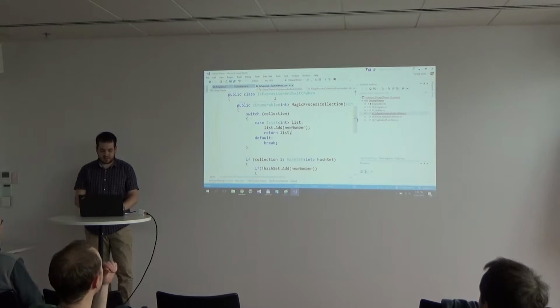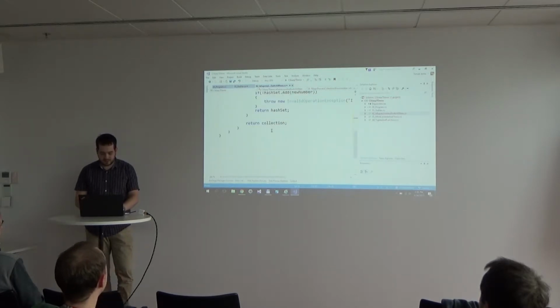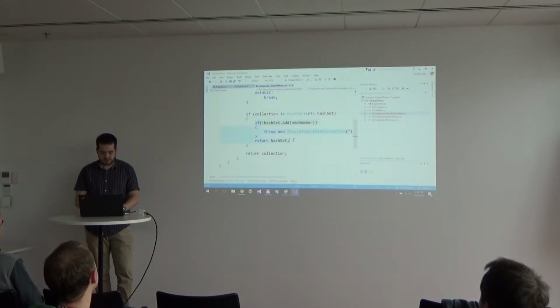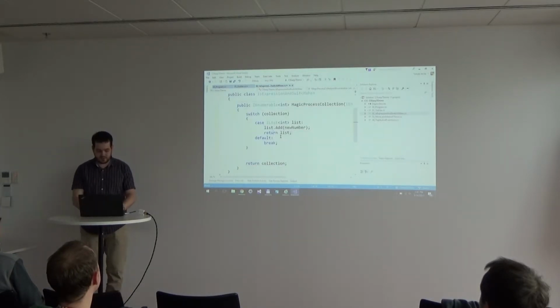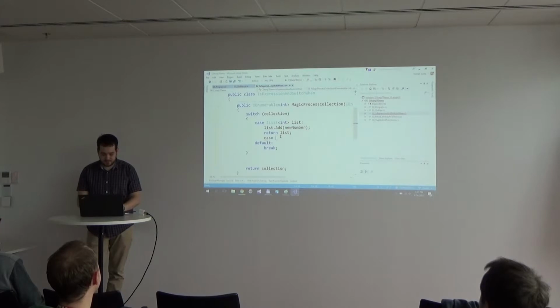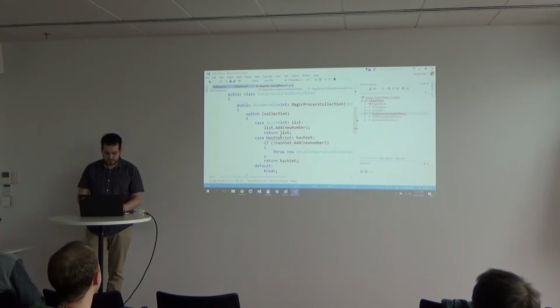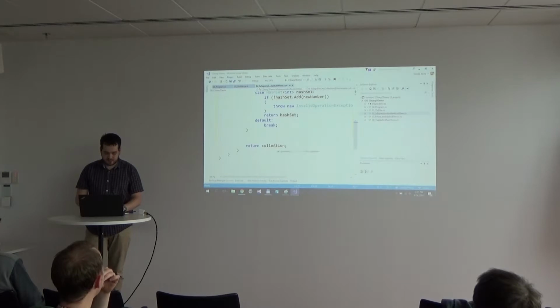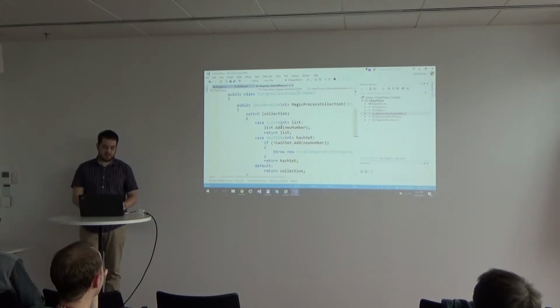Okay, so you can rewrite it like this, in case something else here, like checking for another type. You can do it like this. And also there's this default. So this is really interesting